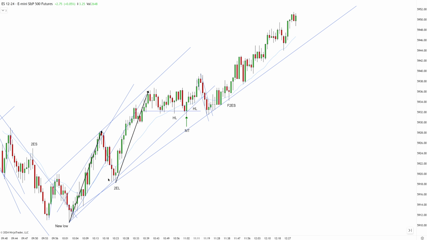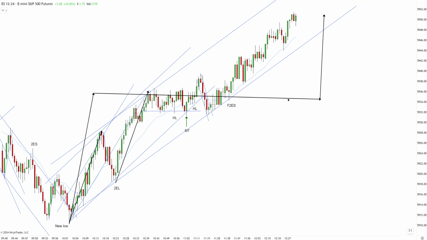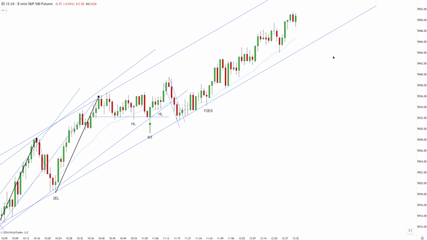So first swing, second swing. Okay, I can see a lot of bounces here. So this is confirming there can be a wider channel. And you can tell that the overall move looks quite seamless. It makes sense to accept the fact there's a wider pattern because we don't have some super broad two legs like this. Of course, I'm over exaggerating here, but it looks more like a clean push up. A lot of confirmations here. EMA is confirming this. We keep working higher, so I can trust this bullish trend.